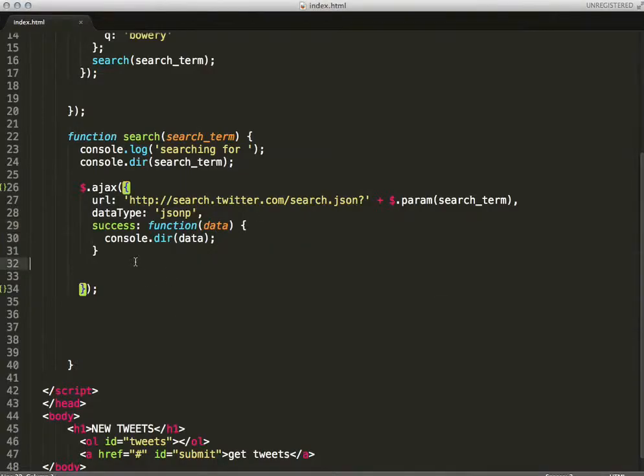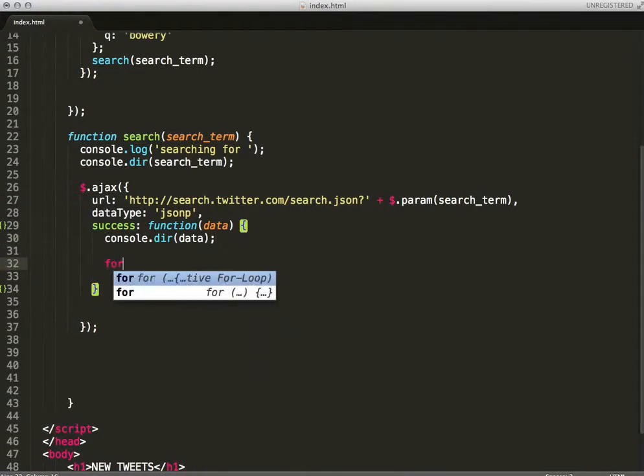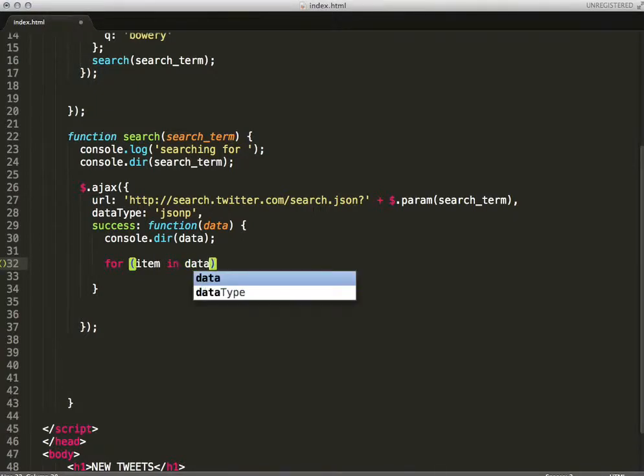To do that, we can use a loop. In JavaScript, you can also write a for in loop. So this would be something like for item. Item is a variable that I'm just creating here. This could be called anything. In data results, so for everything inside of results,